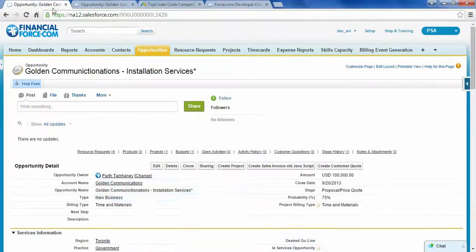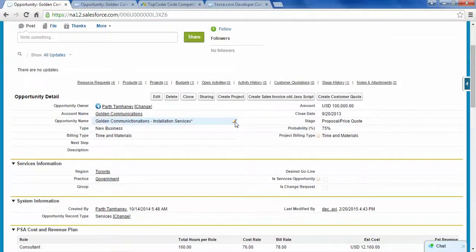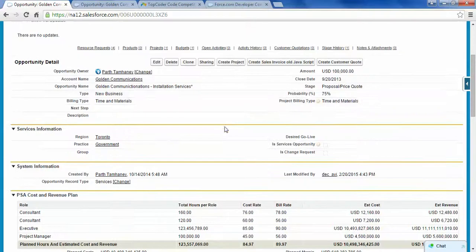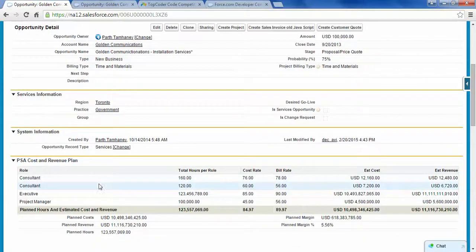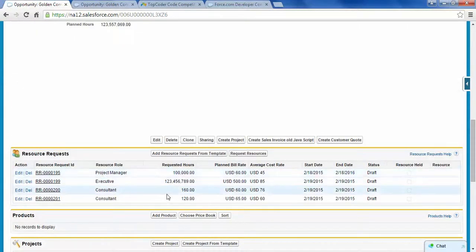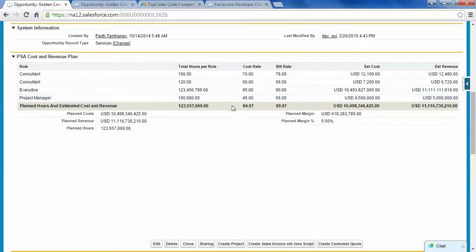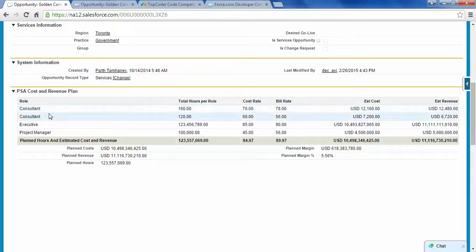Now if I go to any one of the opportunities, you can see it's a time and material one, and these are the resource requests. As per the community and forum discussion, if any role has multiple cost rates or billing rates, it should come in two different rows. You can see it is coming in two different rows. There was also an instruction to show two zeros after the decimal, with all the numerics comma separated, and you can see it is coming like that.